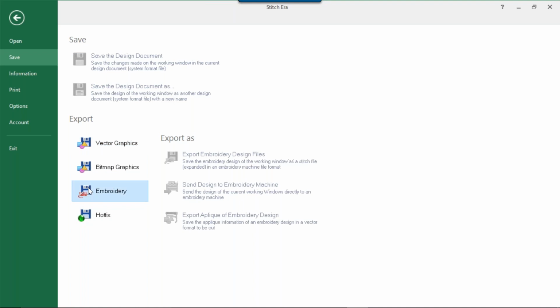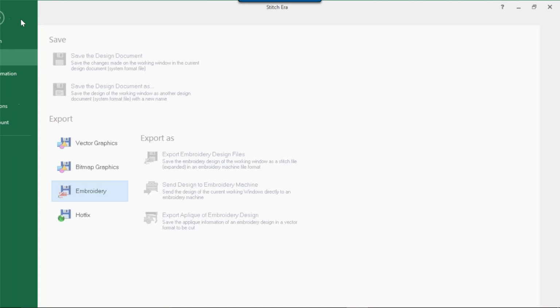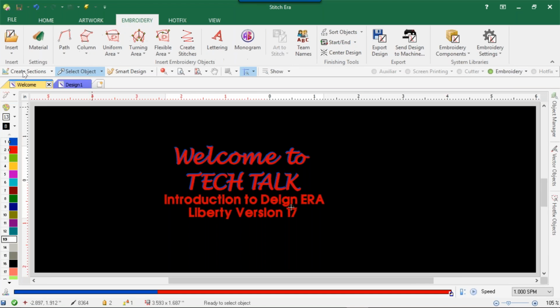Or you would export as embroidery file for the machine. You no longer have to do that when you have your design complete,